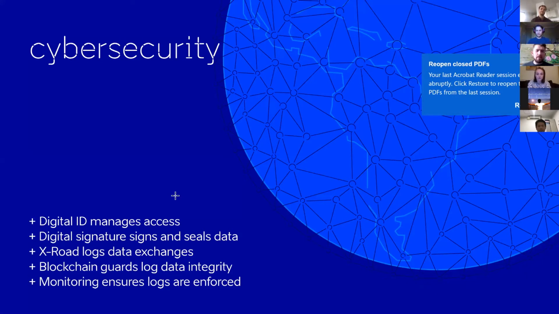And a lot has been talked about blockchain. For us, blockchain is very much a cybersecurity measure, making sure that the logs that we keep, which are so important for enforcing the regulations that we have, are guarded so that nobody can change the logs because they are held on a blockchain, which means they are distributed. You have to change thousands of blocks at the same time if you wanted to change the log. And finally, monitoring. Logging is only as good as the people actually looking at the log, so you need to have somebody doing that, preferably an automated system.